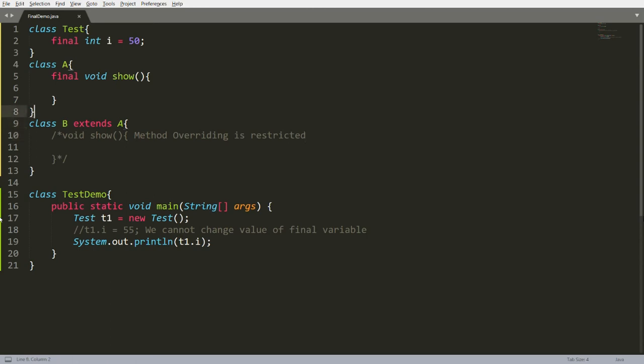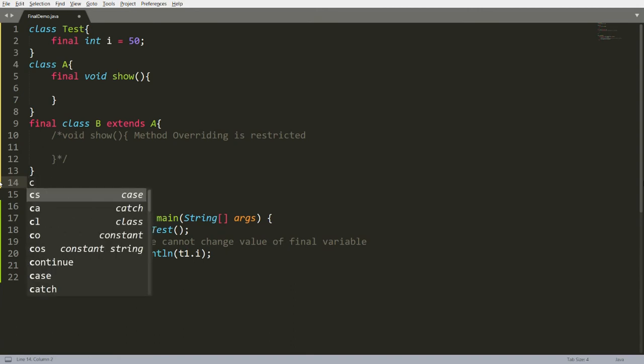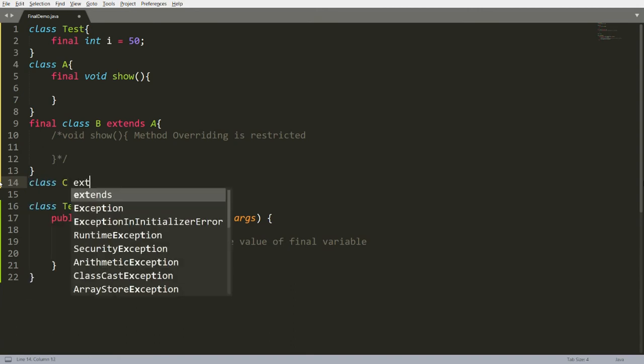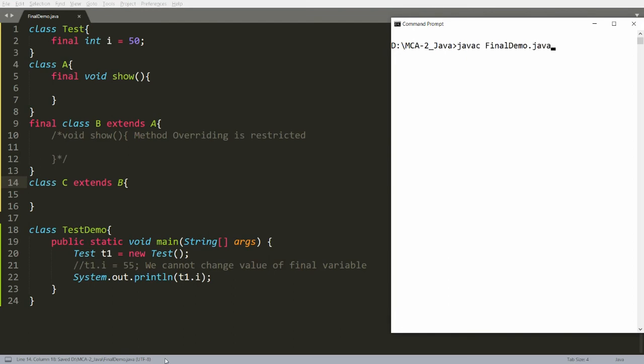And suppose I am declaring this class B as final, then this class B cannot have children. So if I am writing class C, for example, which extends from B, it will give me an error. Why? Because B is a final class.